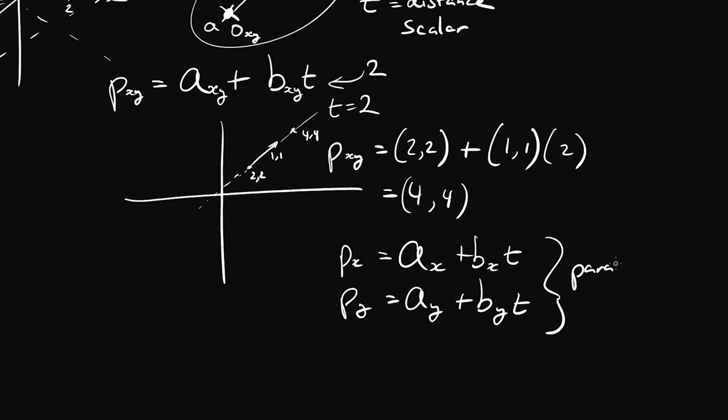So it's totally okay to just split these two up, and these are often called the parametric equations. And of course, if we did have another axis like z, we would simply have another one of these where we would have the origin z component and the direction z component here as well. Now, the reason these are called parametric equations is because we have a parameter in the line, which is actually t, the distance along the line.